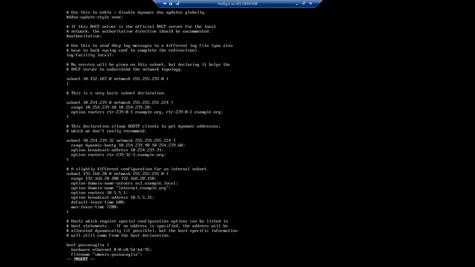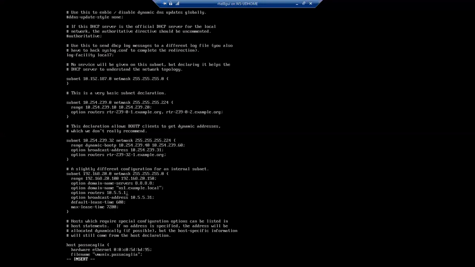This one I can change to option domain-name-servers, and here I'll give ns1 and the IP address 8.8.8.8, that is my DNS server. Oh my god, escape. There is a semicolon, and I have to press insert initially, then 8.8.8.8.